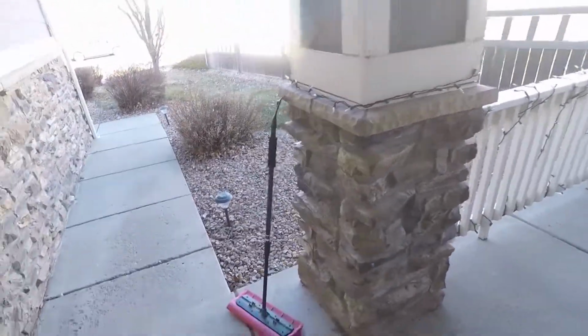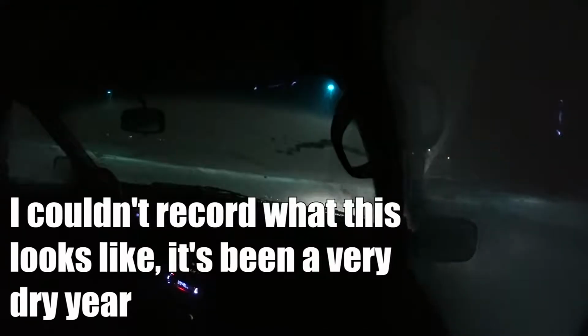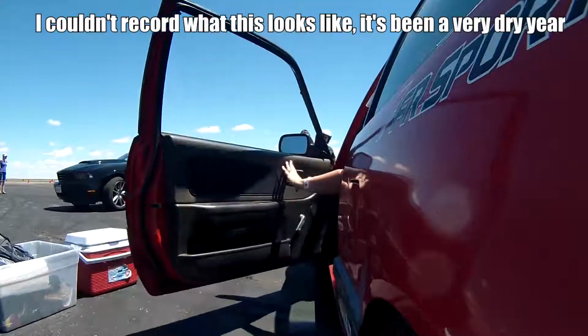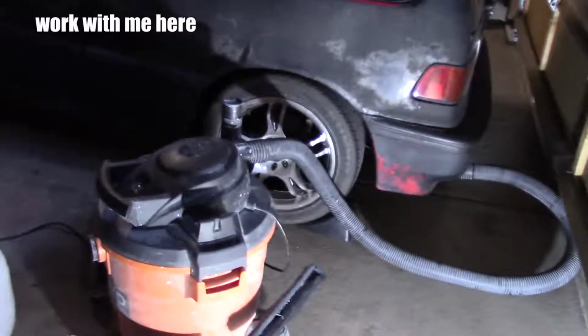Number 7, do not store your snow brush in the car. This one might not make a lot of sense, but just hear me out on this. Walking out to your car after fresh snowfall means that you'll have to get inside of your car to grab the snow brush, but usually when you open the door, it creates a vacuum that will cause the snow to